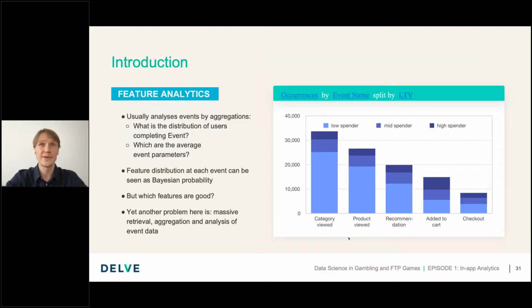And then we will be in a position to see that, for instance, users who completed the event and moved to the next steps are more low spender users by the relative proportion than the high spender users.